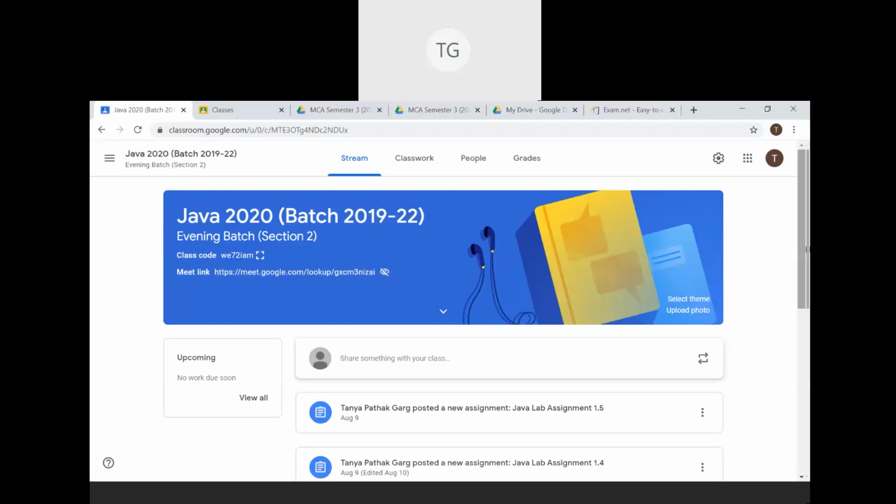Okay, madam. So I'm saying, sir, this link is for a Google Meet meeting that a host is creating. Like we have this WebEx meeting also, the link will remain the same, but the host has to start the meeting. So until and unless the host begins the meeting, people will be waiting in the lobby, but the meeting link will remain same. So this is the kind of feature. Every time you want to take a class, you'll have to first start the class. Like we do that in WebEx, or we also do that in Microsoft Teams, right? And once the host has started the class, the students can join. Does that answer, sir?